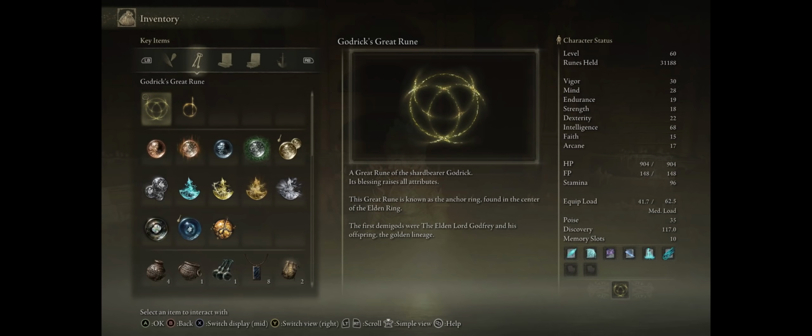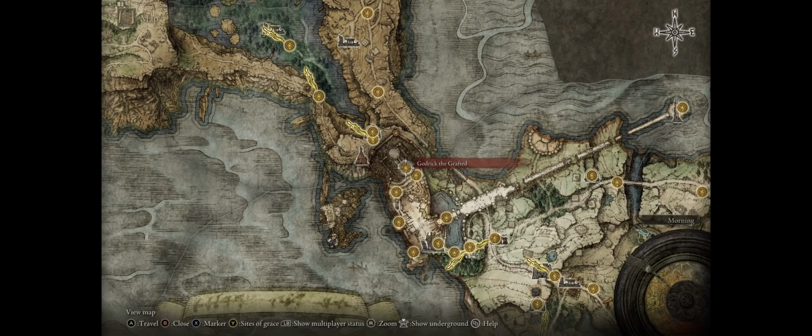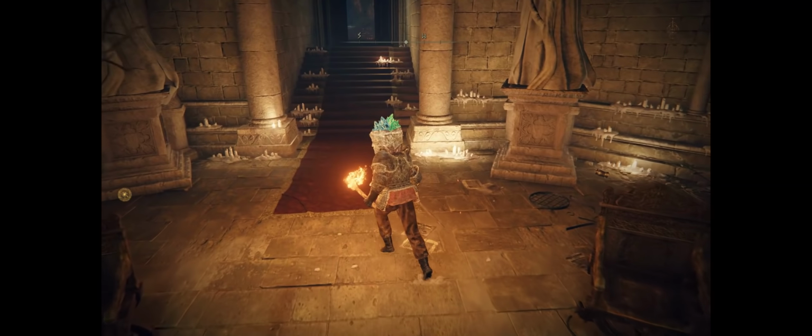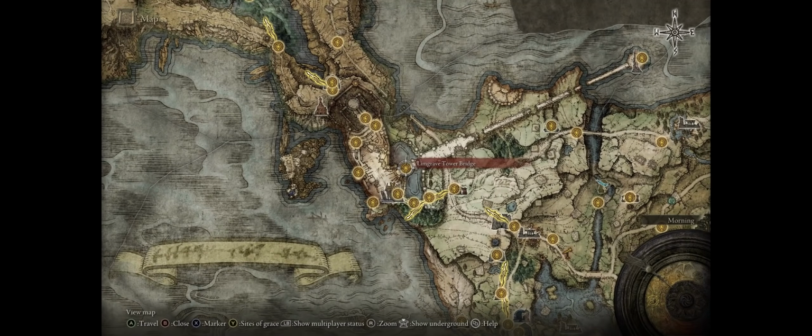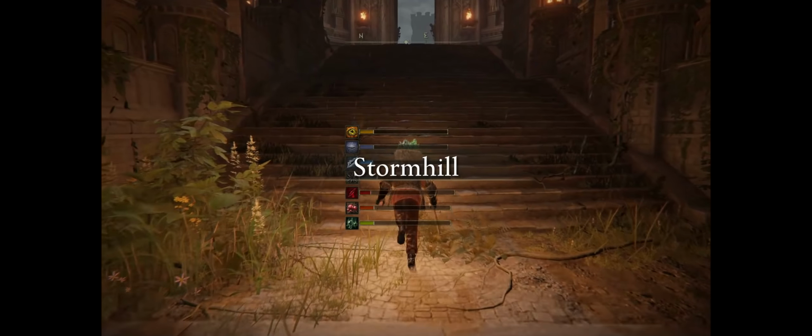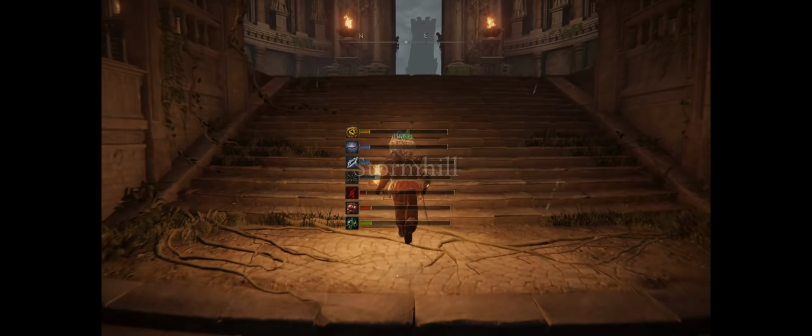Now, you can get Godric's Great Rune by defeating the boss of Stormveil Castle, Godric the Grafted of course. But that won't be enough, because you still have to go through a different process to actually be able to restore Godric's Great Rune to full power and also equip it. So here's how it goes. First, teleport or find the Limgrave Tower Bridge Grace inside Stormveil Castle. From there, you'll want to go up the stairs,